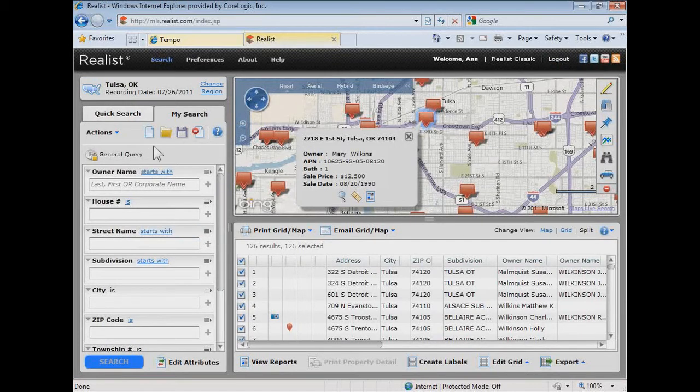Similar to our quick search, you have all those same options here next to those fields. So for example, owner name, you have starts with and is. House number, here's a good example of if you want to get a little more detailed with your address search. House number is set to is, so if I put in 123, it's going to be searching for 123 for a house number. However, if I choose is between, then it'll search for anything in between the two numbers that